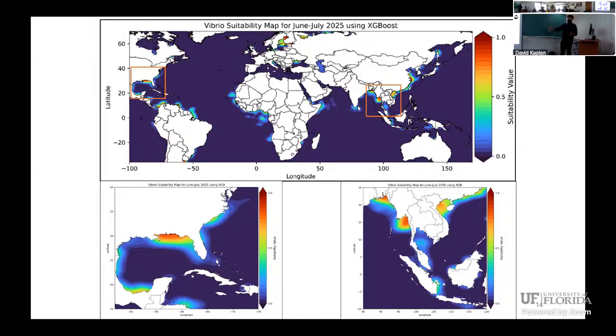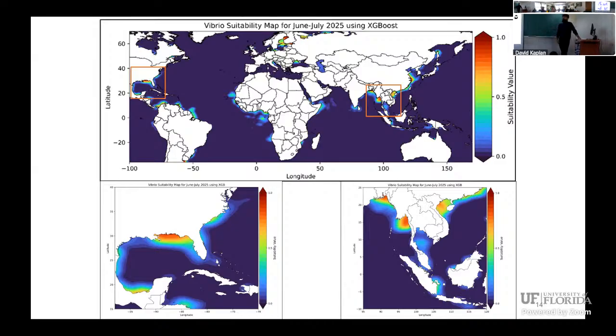Why just these two? Because definitely Florida is of interest, and this is something that I wasn't expecting exactly from my model. I was expecting that there would be Vibrio cases on the east coast as well as on the Chesapeake Bay side, but there was more suitability of Vibrio in the region where the Mississippi River is, where the Gulf of Mexico is. That zone is the hypoxia zone in the Gulf of Mexico, where hypoxia means that there's low oxygen in that region. And we will be talking about that in the upcoming slide.